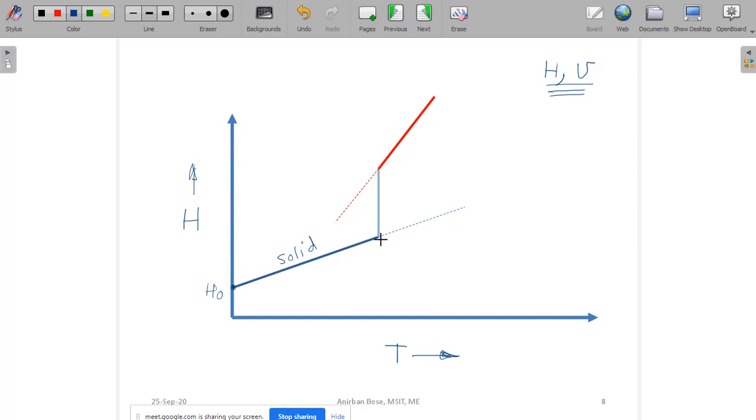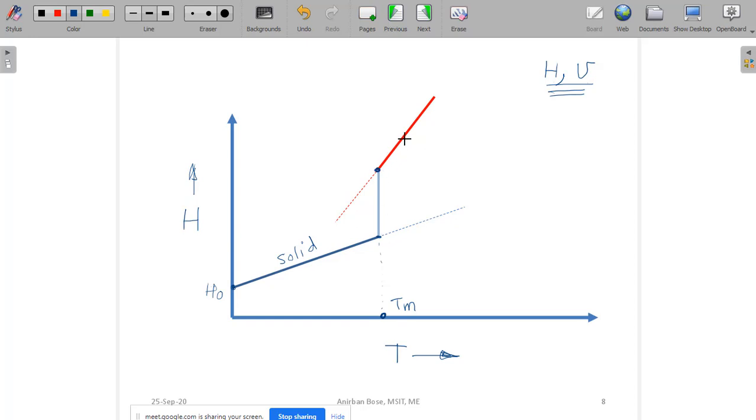And since we are considering a pure solid, at this temperature, which we call the melting point, you know that during the phase change from solid to liquid there will be no change of temperature, but the latent heat will be added, so definitely the energy content will increase. So it will directly go here, and then it will follow